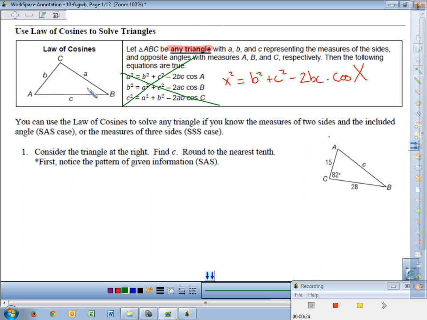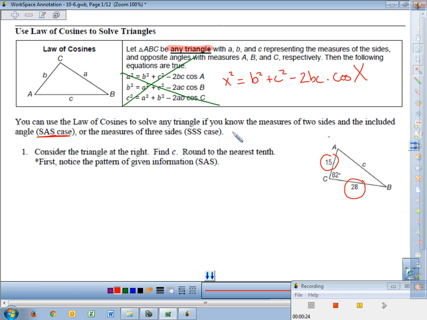and I make that a big X right there because that's the angle measure. So the time that you use the law of cosines is when you are given more than one side in your triangle. As you can see in this triangle right here, they give you a side length and another side length, more than one side length with an angle measure. Really works with the side angle side. As you can see, you've got a side, then an angle, then a side,